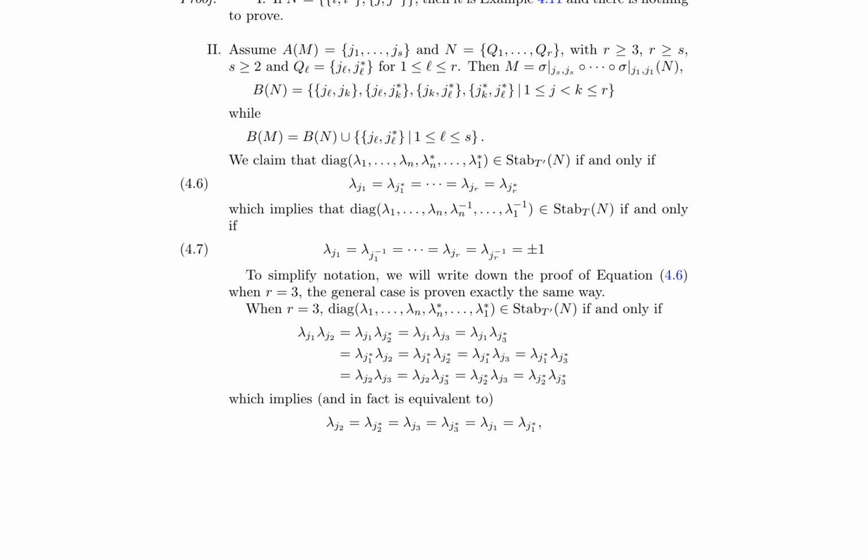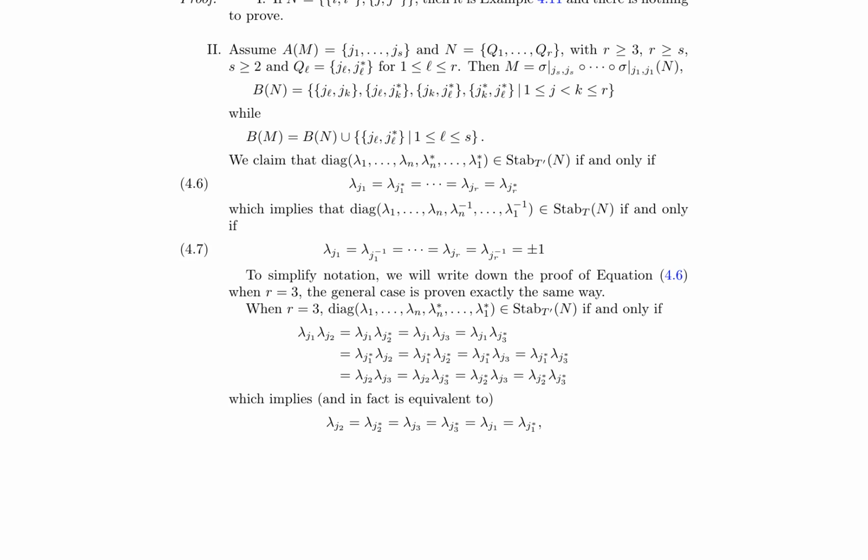The paper further explains that diag, lambda 1, lambda n, lambda 1, is an element of stab T, N, if and only if lambda j1 equals lambda j1 equals lambda j, and diag, lambda 1, lambda n, lambda 1n, lambda 1 is an element of stab T, N, if and only if lambda j1 equals lambda j1 equals lambda j equals lambda j1r equals